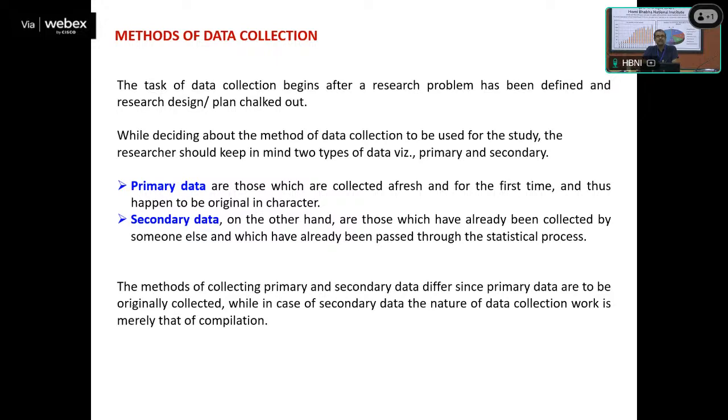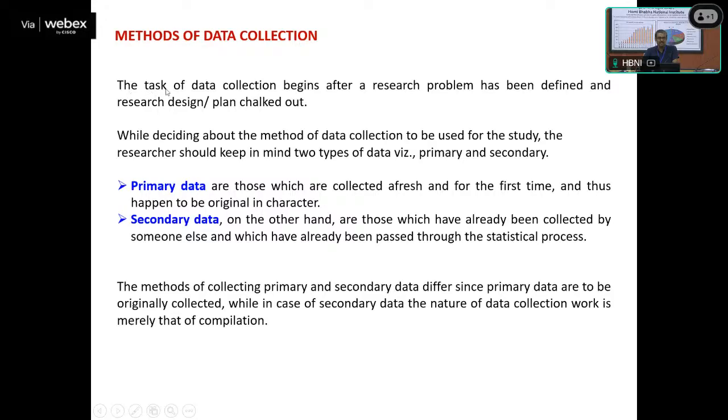So today we will start methods of data collection and continue till next class. And this is our 10th class probably, and we have 4 lectures left in this part. So let us start with methods of data collection, which is the next stage of your research